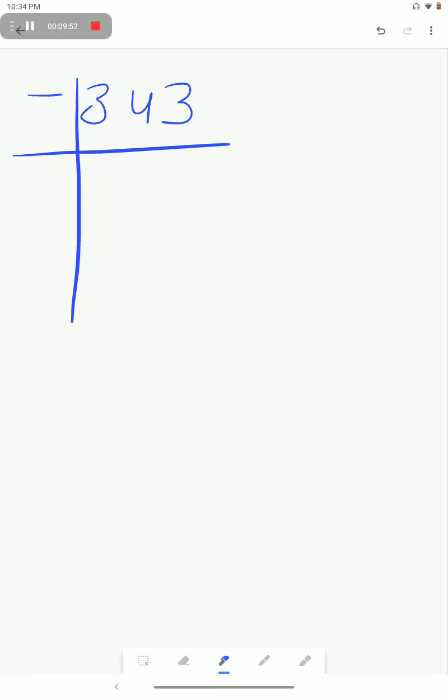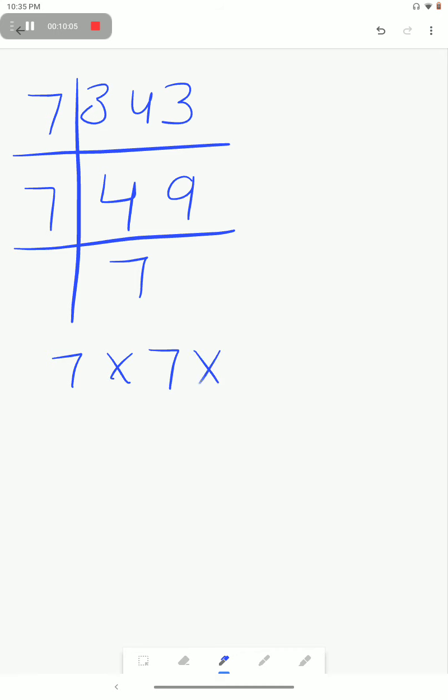Now the question is how we can find out whether a given number is a perfect cube or not. For this we will use the prime factorization method. Say the number is 343. Now find its prime factors. It comes in the table of 7, 7 times 4 is 28, 7 times 7 is 49. So the prime factors of 343 are 7 into 7 into 7. It means it can be represented in the form of a cube because 3 sevens are there.